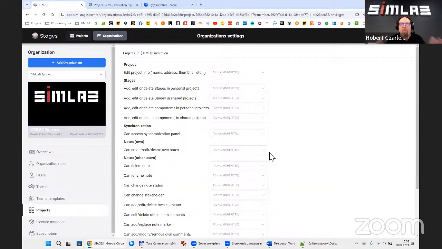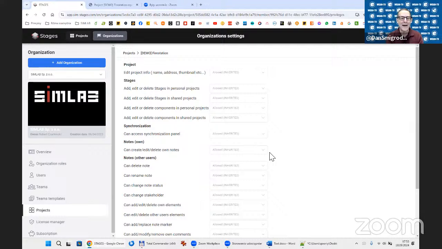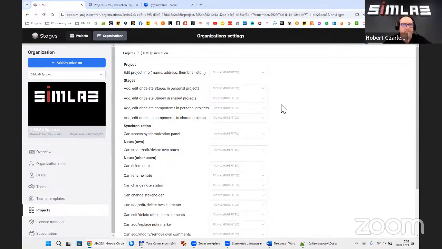So this is the screen that I was looking for, where it's very granular. Exactly. So I could imagine there's a default setting, but if I want to override the default, this is the screen to do that. That's right. So I can set up almost every action in the system for the basic user on the project level.